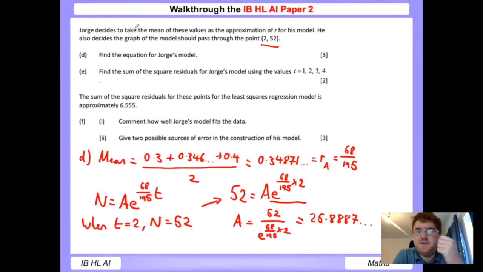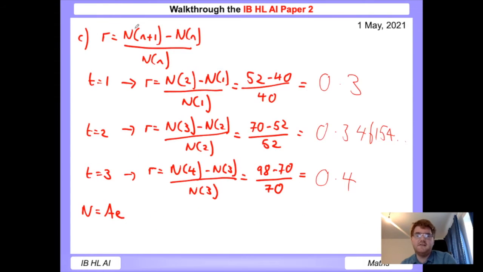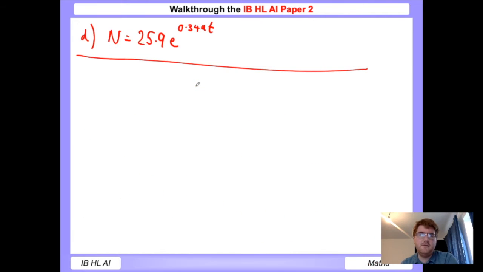Okay, and at this stage we now need to work out the sum of the square residuals for Jorge's model using the values t equals 1, 2, 3, and 4. This is just a calculator exercise here. So just to remind you what we're actually looking for, let me do t equals 1 to start with. So when t is equal to 1, we pop this into our formula. So when t is 1, n of 1 essentially is equal to